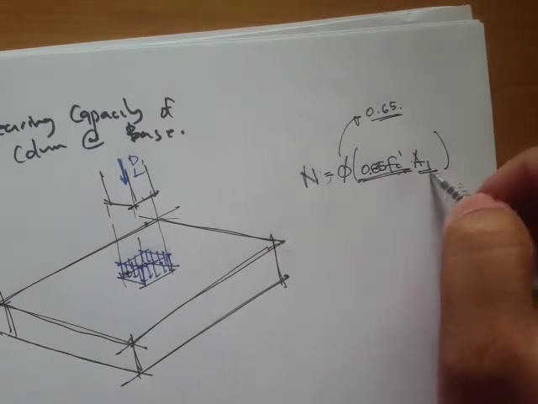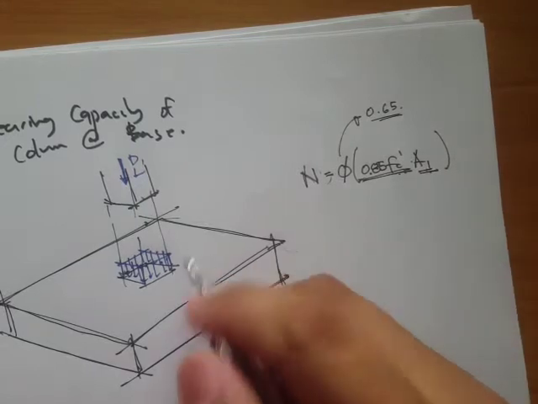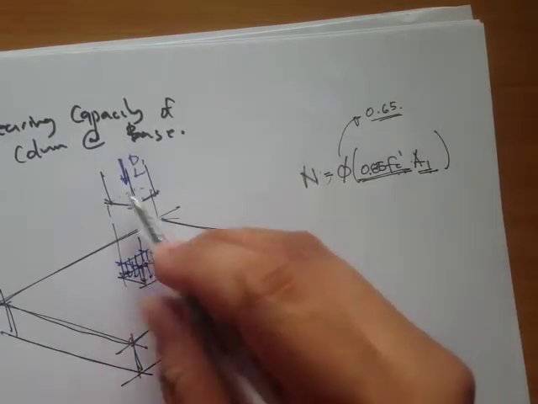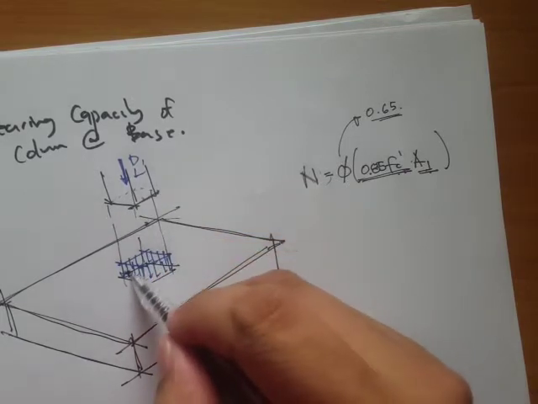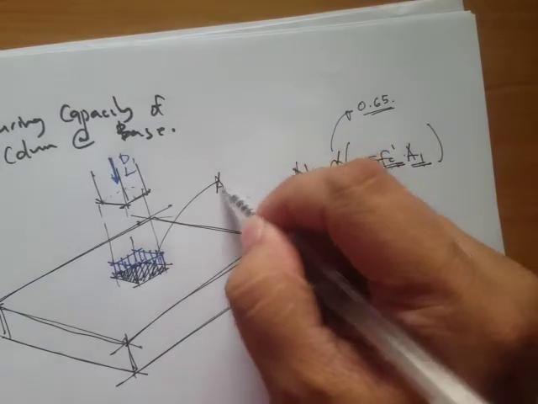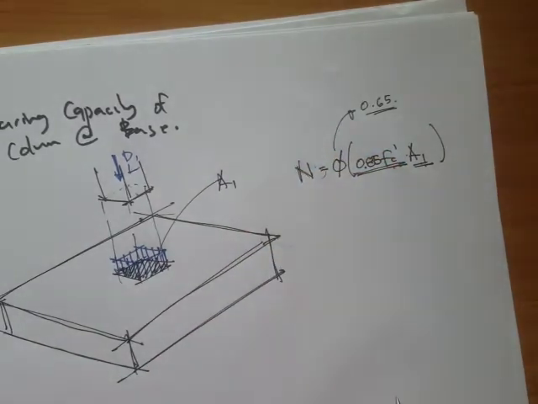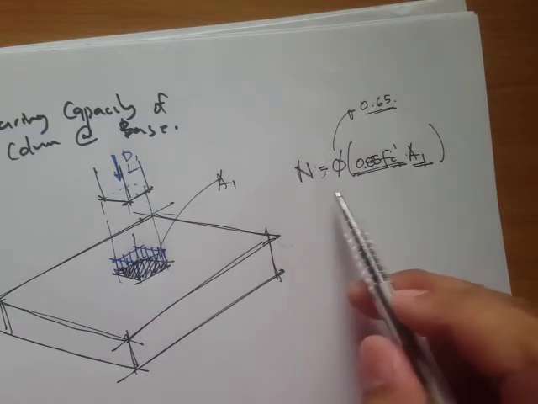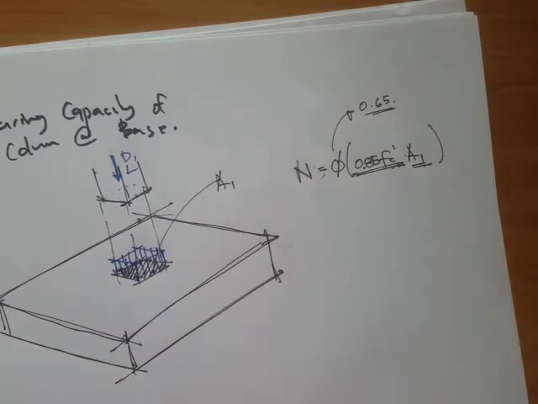Okay, f'c and the area A1. Now what is this area A1? This area A1 is the area of the column, the cross-sectional area of the column. Okay, so this is our area A1. Now this bearing capacity can be increased